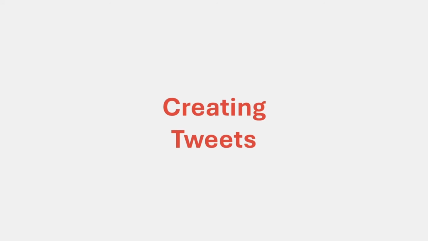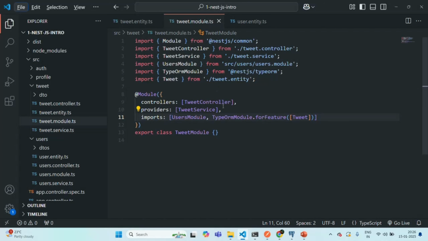In the last lecture, we established a one-to-many and many-to-one relationship between the user and the tweet entity. Now in this lecture, let's go ahead and try to create some tweets. Let's go to VS Code, and here, if I go to this tweet folder,